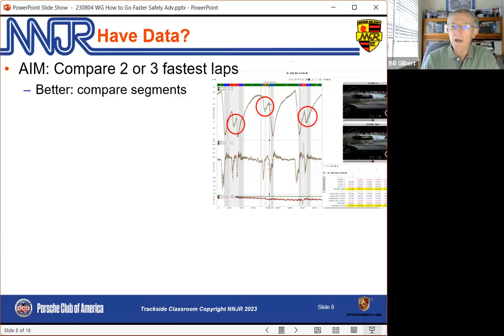Even better, if you have AIM, you have segment data. And yes, it takes a little bit of work to get this set up, but once you have it set up, it's extremely useful. And look at the segment data and your best segment time versus your typical one, and you'll come away with